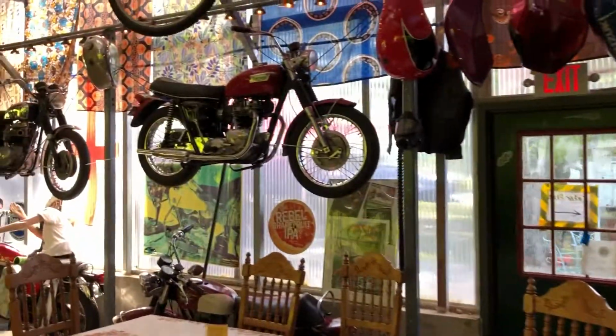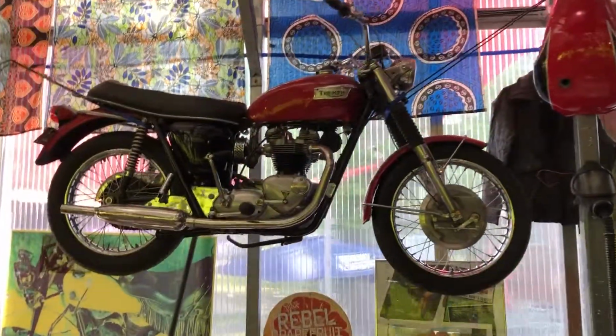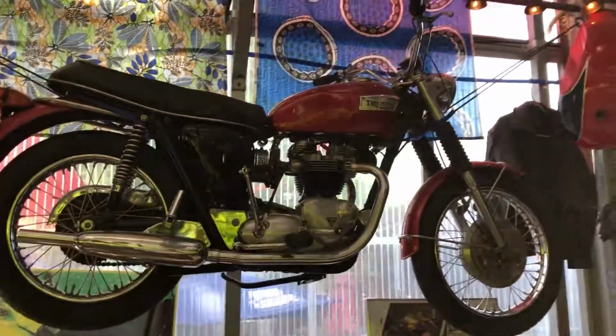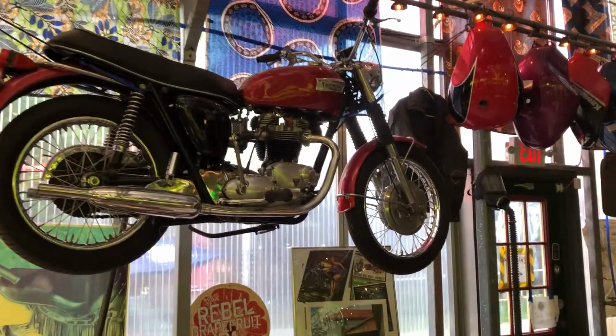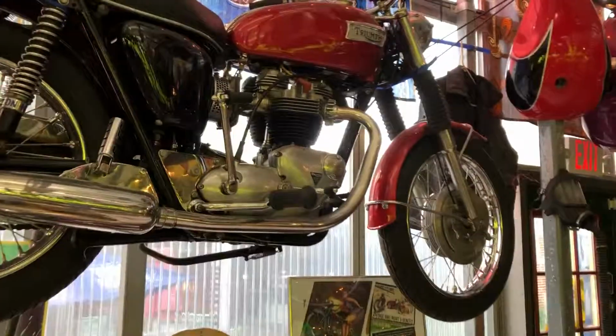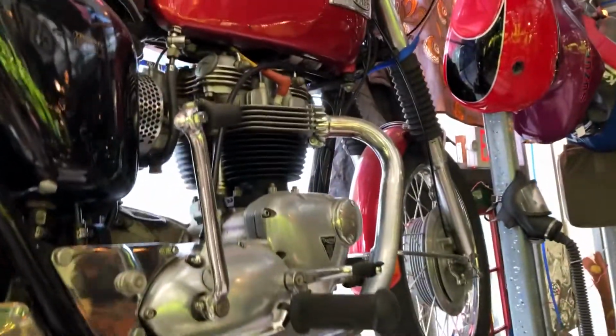This Triumph. Yeah, a 1970 Triumph TR6C. It's got that low exhaust on it. It is just absolutely gorgeous. Right, when did Triumph go to the left side shift? Or did they ever? I don't know. Probably